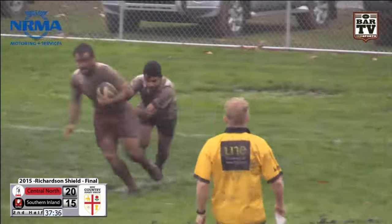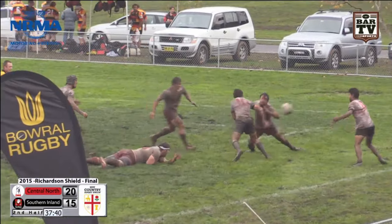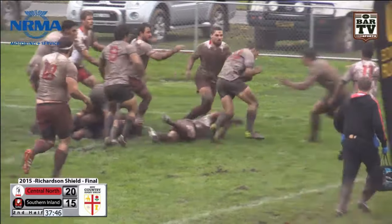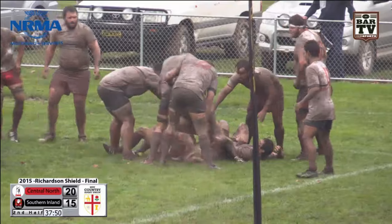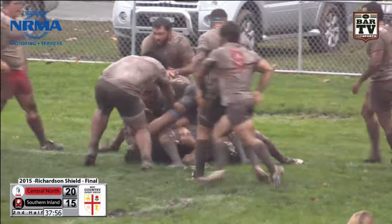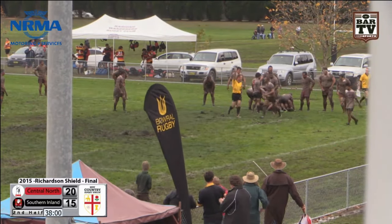So Riggs cleans up. Kicks it. That's a poor kick. This could be trouble here. Flick on the inside. Tracy back on the inside as well. Come up short. They're going to go short side, are they? No, hold up. Rolled over. Just short. Inches away, and they go. Too high, is he? Held up, is he? No. The referee says play on. It's going to be a penalty, though, so